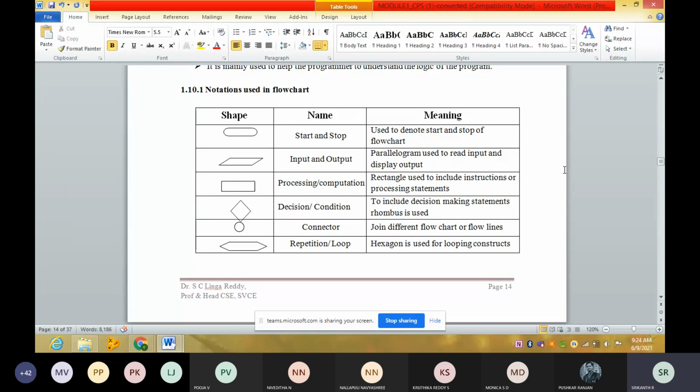Coming to part B, either you will have a question, briefly explain C tokens, or explain data types.